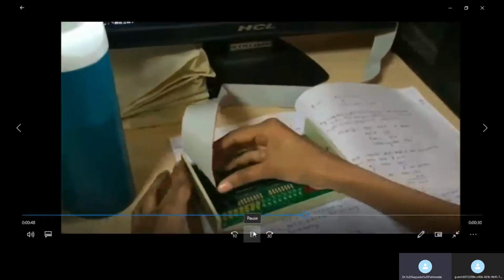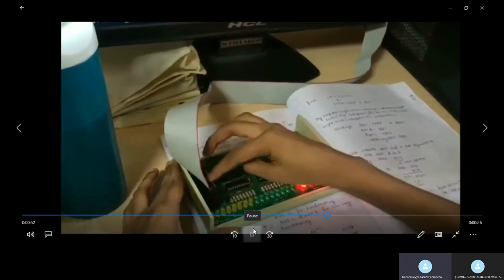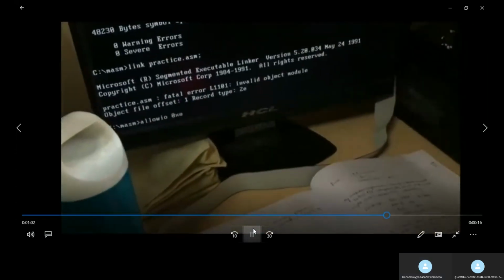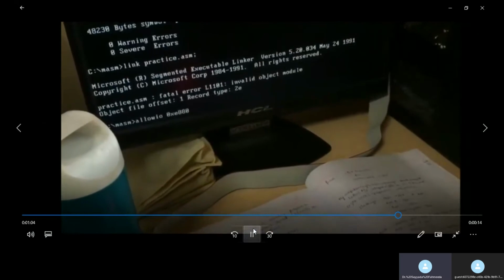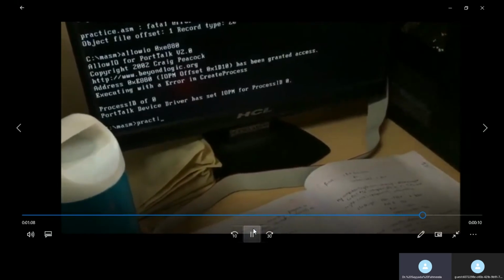Now you need to connect the bus bar to get the data from the computer to the device. Then connect the power supply. After connecting, you need to make the ports work, so for that we need to allow them.